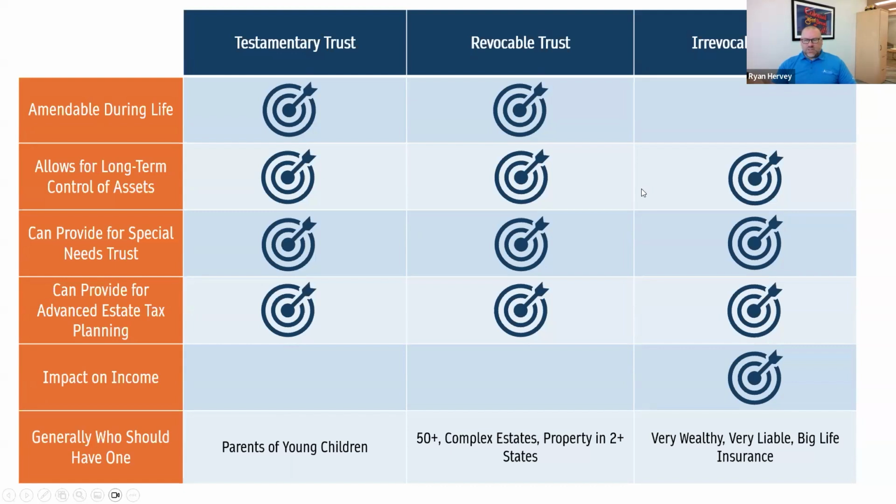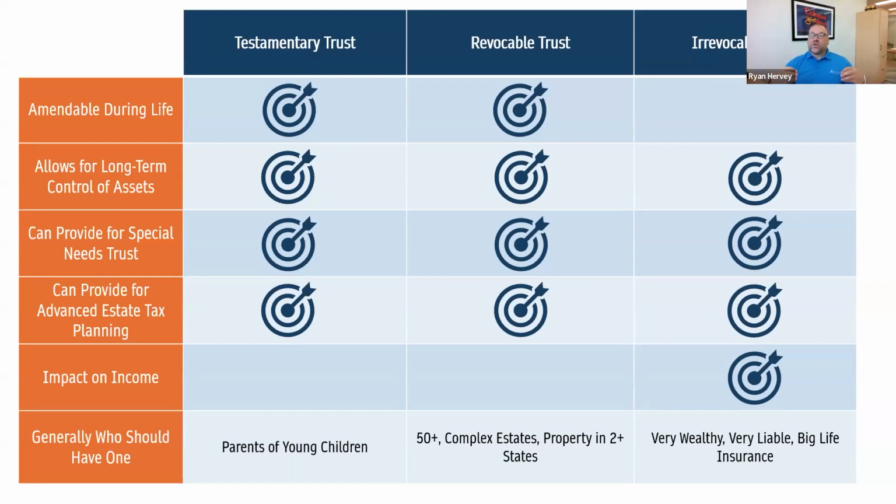The one exception to that would be life insurance. So when you die, your life insurance is part of your taxable estate. So it avoids probate if we've named a beneficiary that's different than our estate. If we name our estate, it does flow through probate. But if I've named a person, life insurance is going to go directly to them. But that death benefit amount will be in your taxable estate.